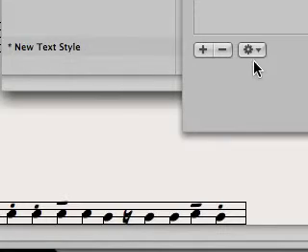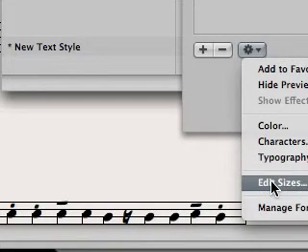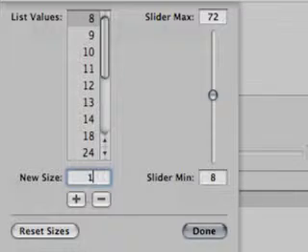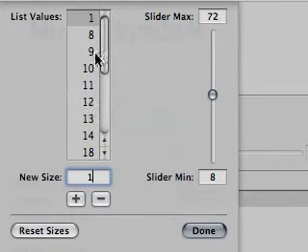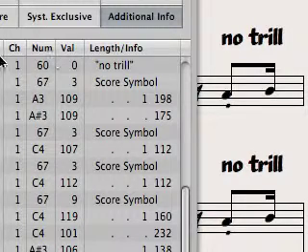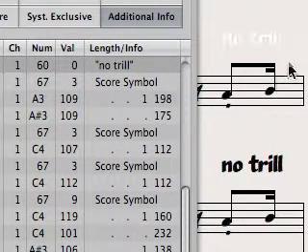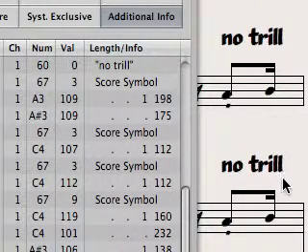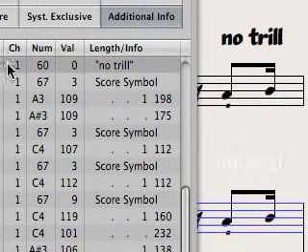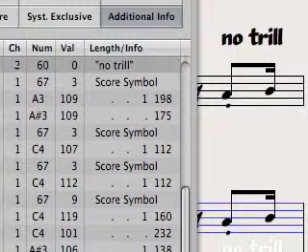The first method is to create a separate text style for hidden text. Then, just before printing the part, change the size of this text to 1. It will be practically invisible on the paper. The second method will hide the text altogether. Simply assign a different channel to it in the event list. You will see the text in the event list but not on the score. In order to be hidden, you must use a number higher than the number of staves in the part. So for standard dual staff for piano part, you would change the number to 3.